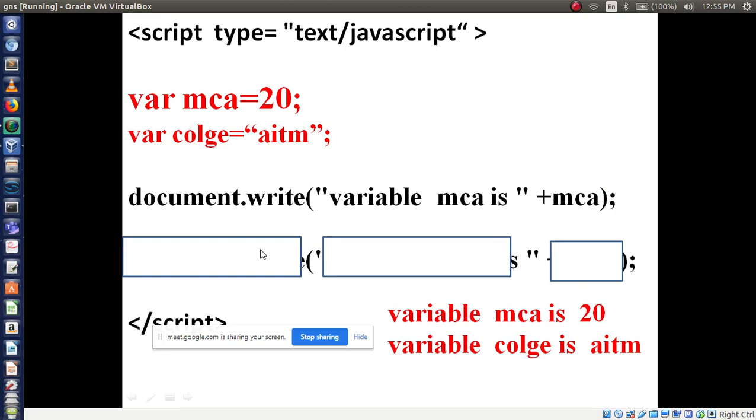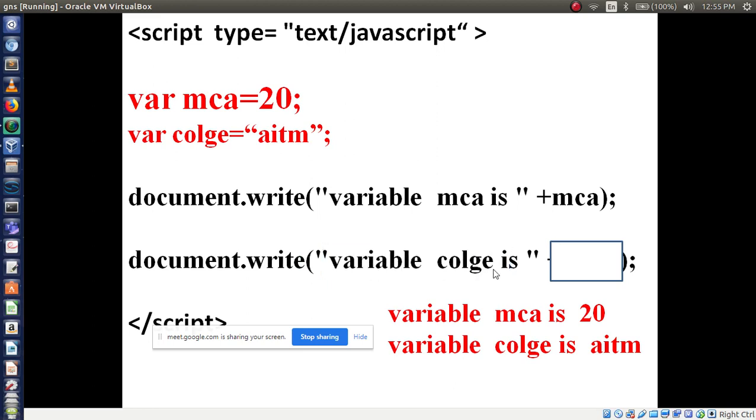To print this you use document.write, then "variable college is", then AITM is stored in which variable? College, so here you have to write college. Some of you have written AITM here, not like that. Whichever variable you are using, you have to mention that variable.